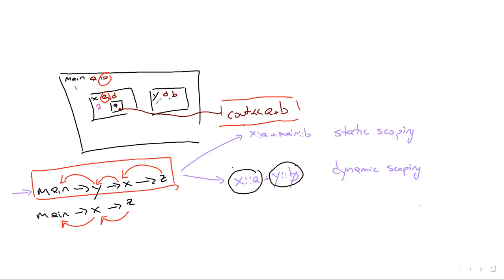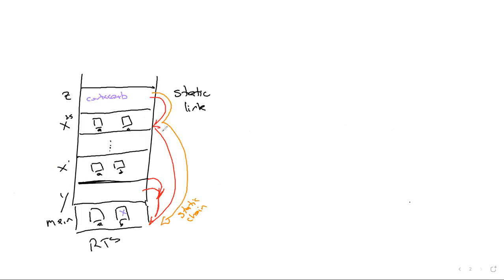The nesting value for Y is 2 also, and the nesting value for Z is 3, right? It's nested one more level in. Okay, so now the compiler can say, if you want to know how many links you have to surpass on the chain to find your static father,